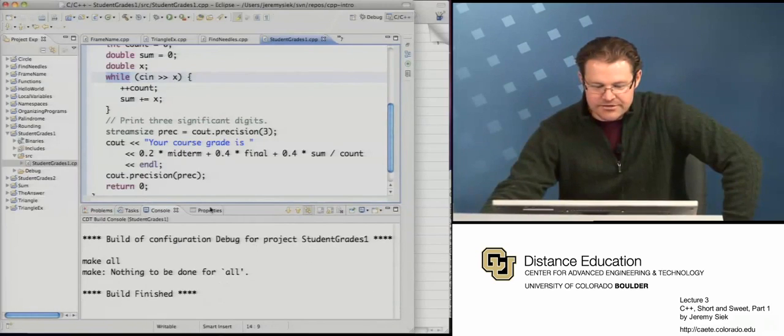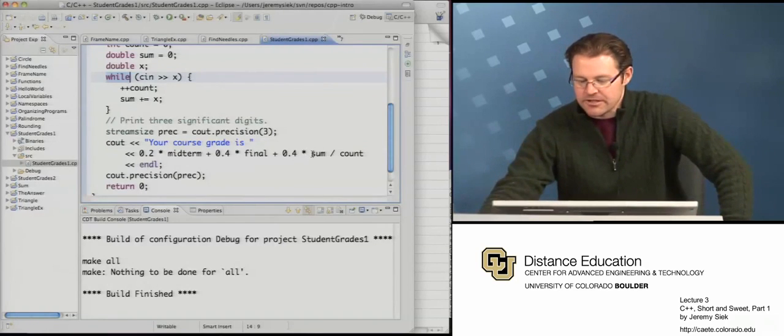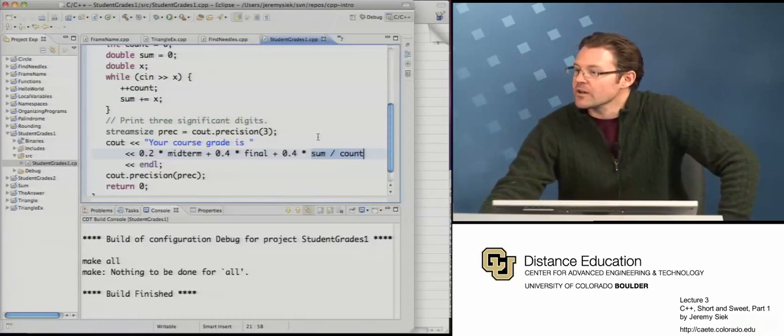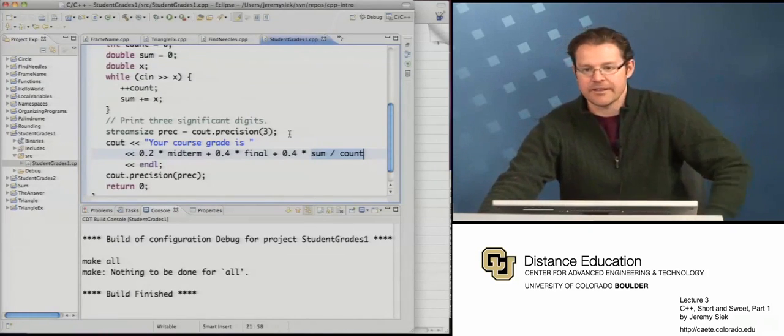which, as you can see, here's the formula. 20% of the grade is your midterm, 40% is the final, and 40% is going to be from your homework. And what we're doing here is taking the average of all the homework. So we're going to sum up the total homework points, and then divide it by the count, the number of